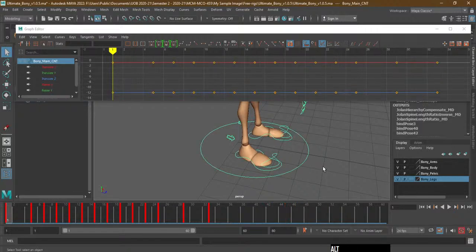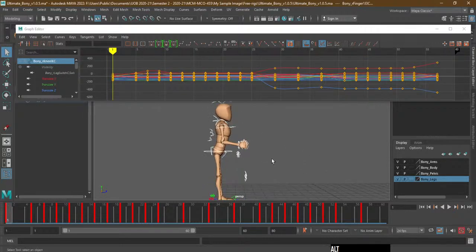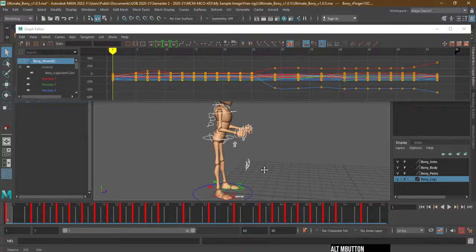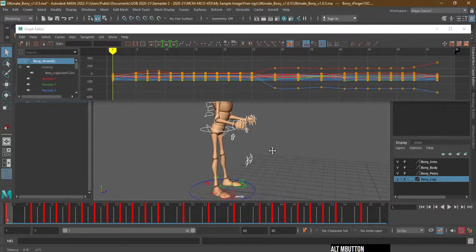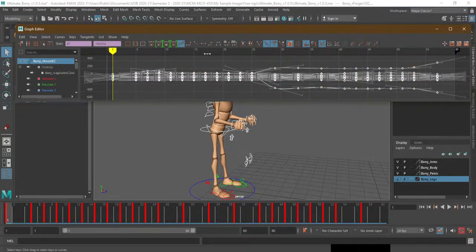Okay, just select. I'll select this whole thing. Okay, and then I'll select here as well and convert this into